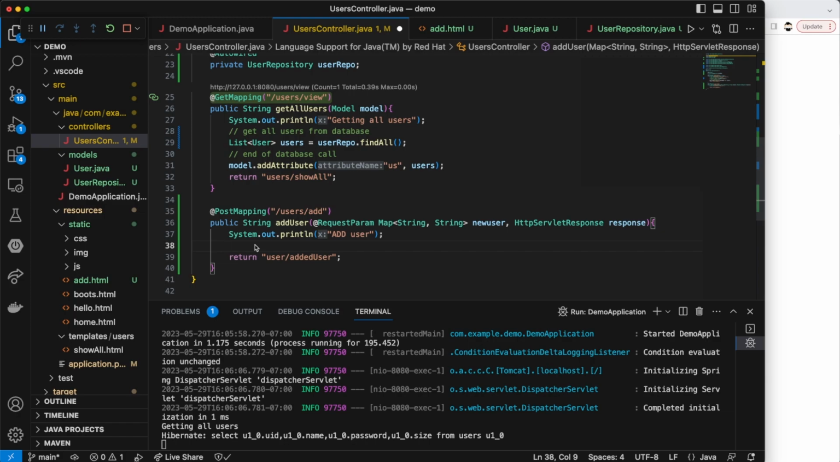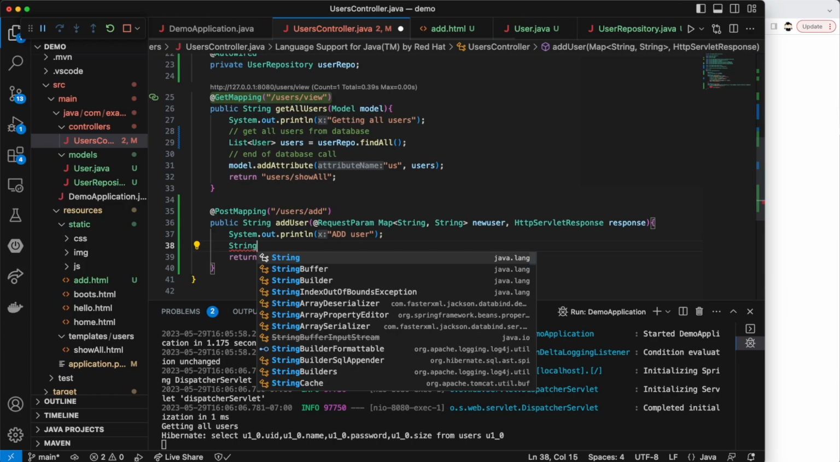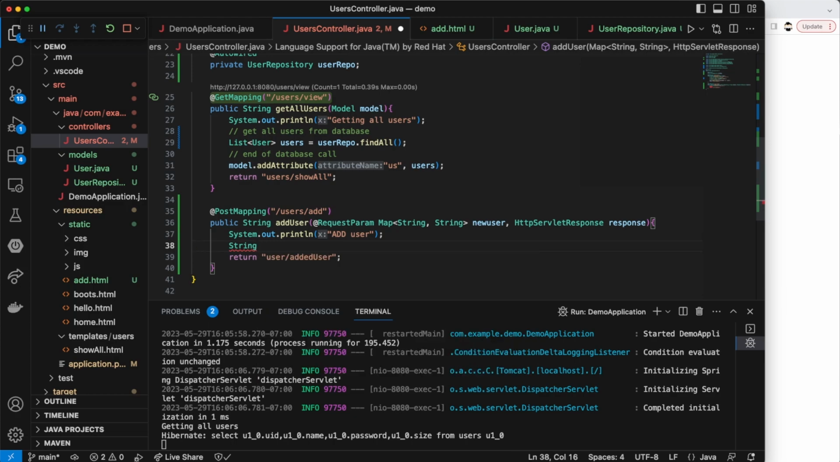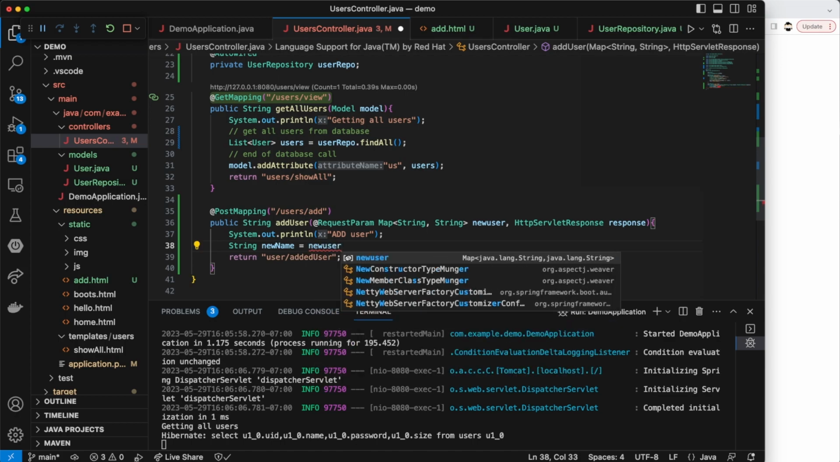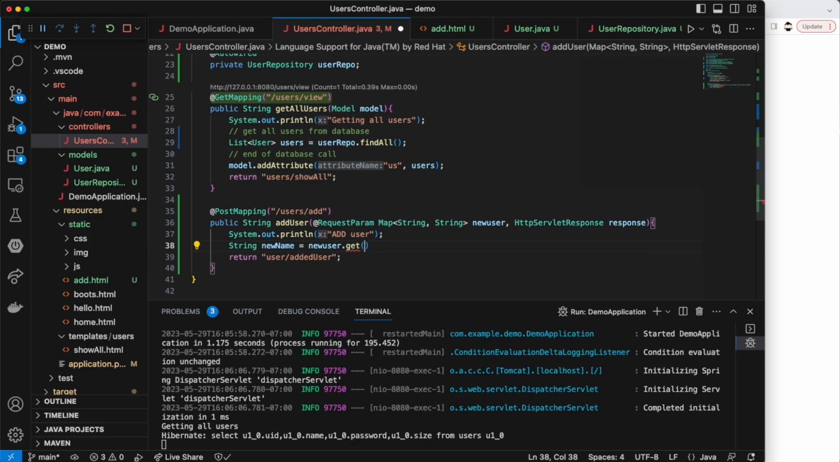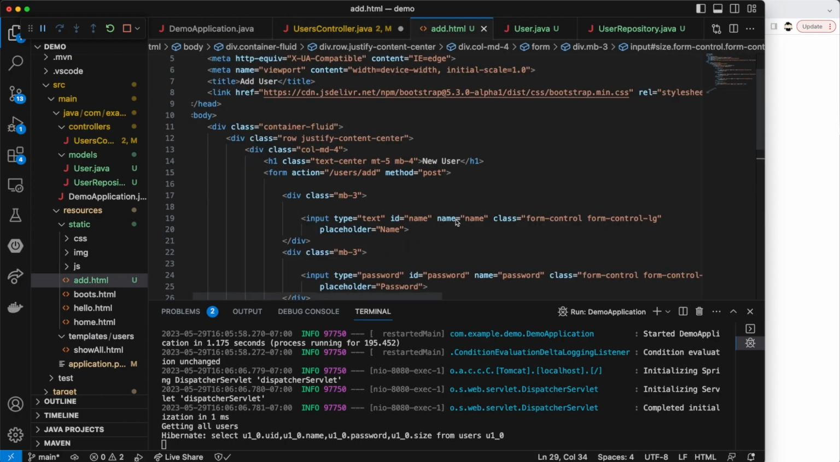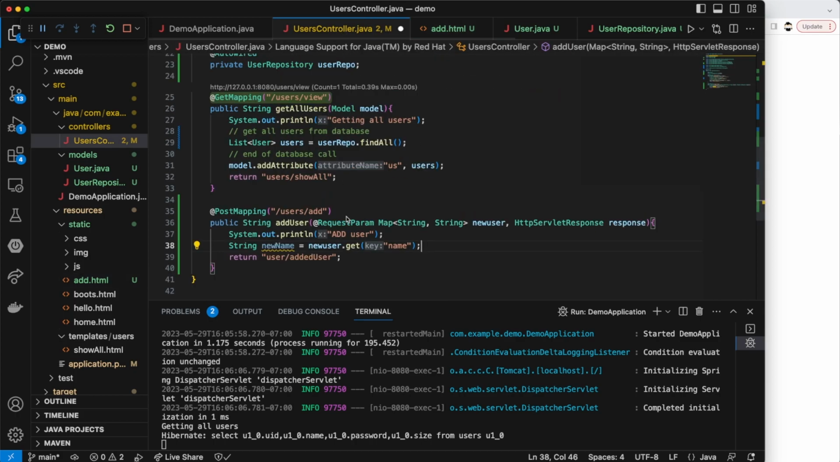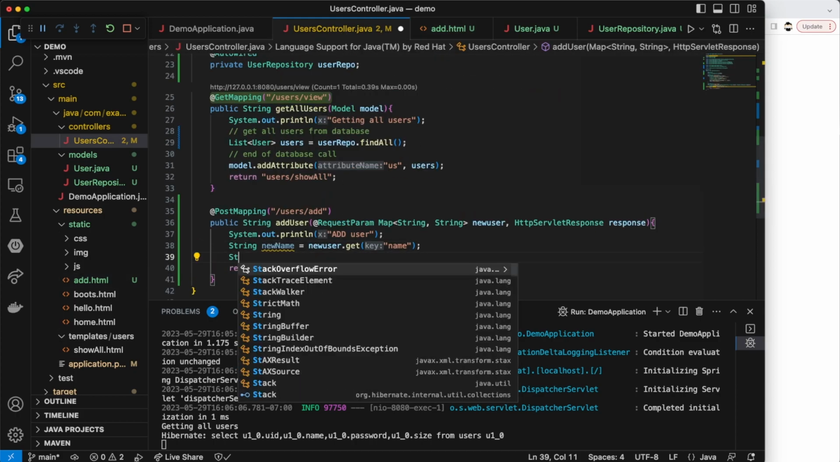The next thing we'll do is we'll do a string, and I'm going to have a string for the new name, and basically for all the parameters that are coming in. So new name, I'm going to go from the new user. Now remember, new user is a map. So I'm going to get the value that the key it corresponds to is called name. So basically what's happening here is I'm grabbing the new name from this text box right here. All right, so I'm going to grab that, and I'm also going to do the same thing with the